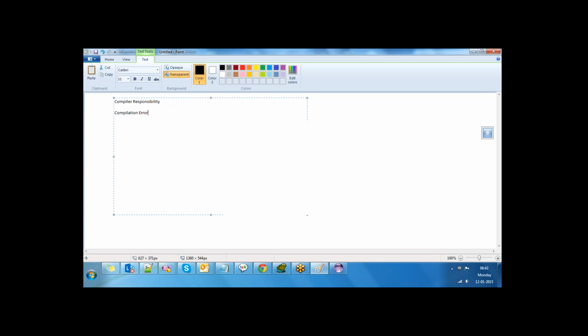It checks whether the bytecode can be properly executed or not. Okay, I will repeat the statement. Please write down, please correct your notes. It is the duty of the compiler to create a proper environment for the JVM to execute the bytecode.